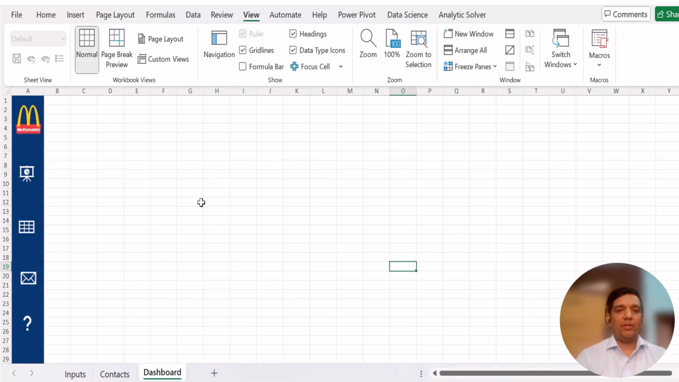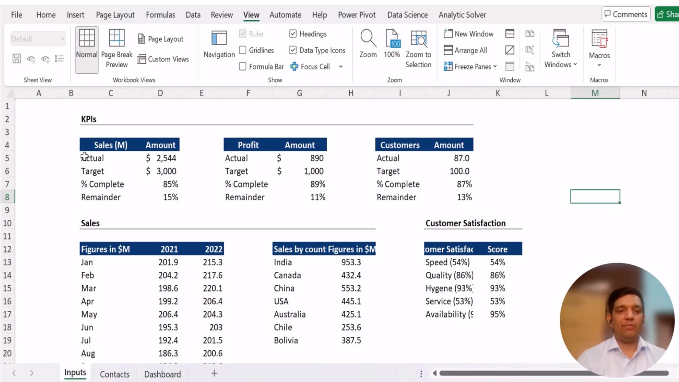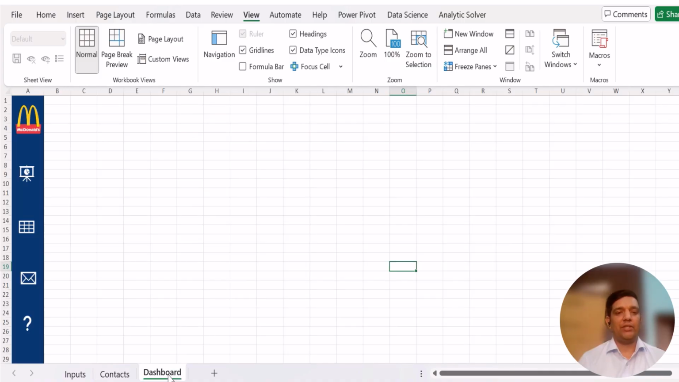So we have opened a new Excel file where we have put a simple logo here on the left side, that is the panel. Now we have this data, that is the input data. We have sales KPIs of McDonald's, that is we have actual and target data. Then we have profit data, where again we have actual and target, then customer amount, figures, and all other data. So what we are going to do with the second tab, we have contact details of our various key portfolio